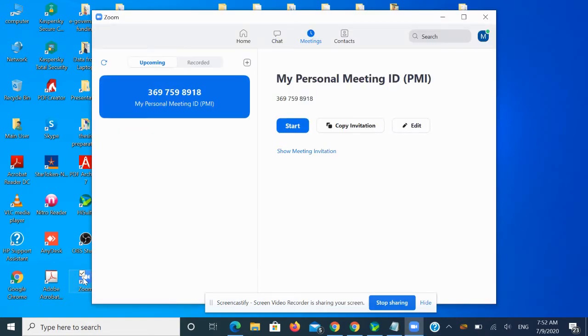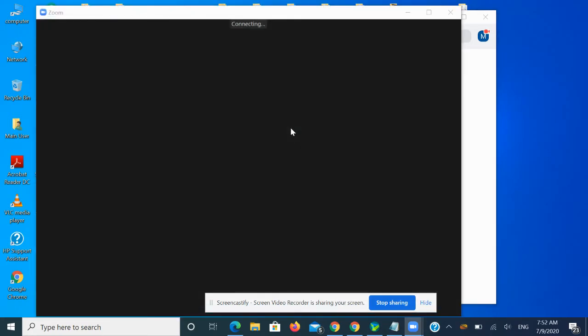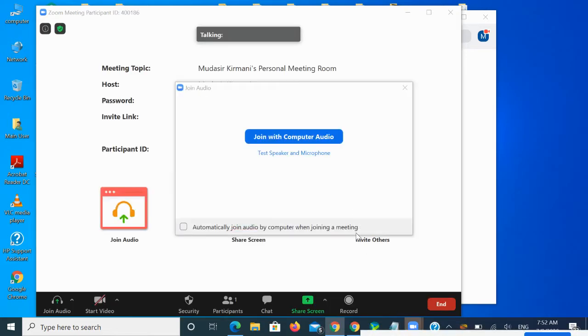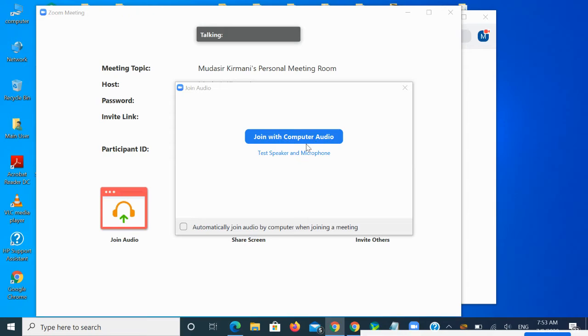So let me start by using the one I have downloaded on my system. I'll double click on Zoom. As I have signed in, this screen will be available on my desktop. I'll show you the mobile also, but first let's start with this. If I want to start a meeting, I'll click on the Start button. When I click on Start, it gives me a message asking what I want: do you want to start with computer audio,